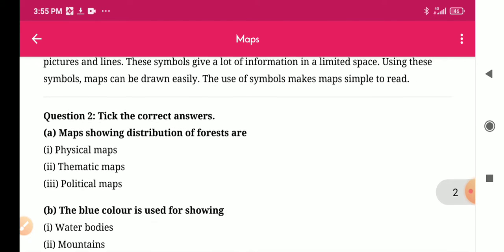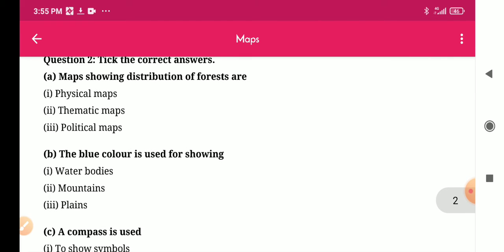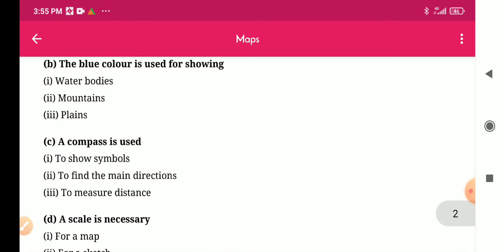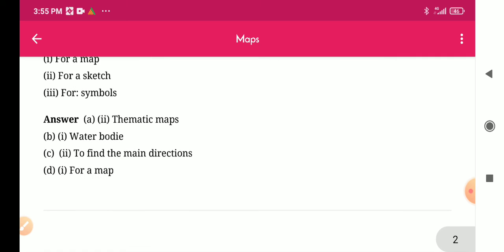Question number 2. Tick the correct answers. A. Map showing distribution of forests. Options given: physical maps, thematic maps and political maps. Its answer is thematic maps.